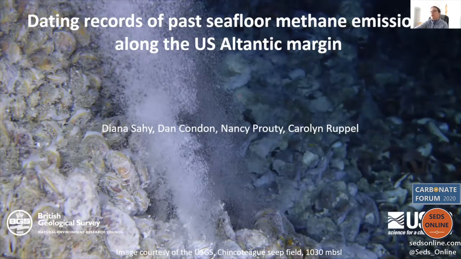All right. So the topic is the chronology of past seafloor methane emissions along the US Atlantic margin. And in order to be able to talk about that sort of thing, we need archives of those past methane emissions. These are available in the form of so-called seep carbonates or methane-derived authigenic carbonates, which form at cold seeps. These are places where methane-rich fluids are vented into the ocean. And we need a dating method, and so we tend to analyze these rocks by means of uranium-thorium geochronology.